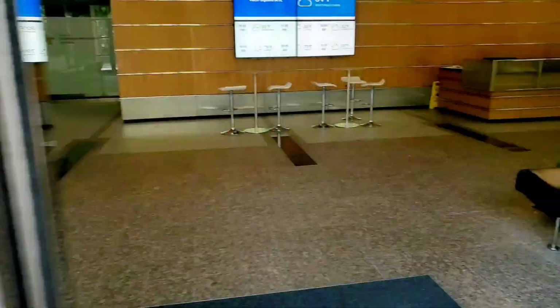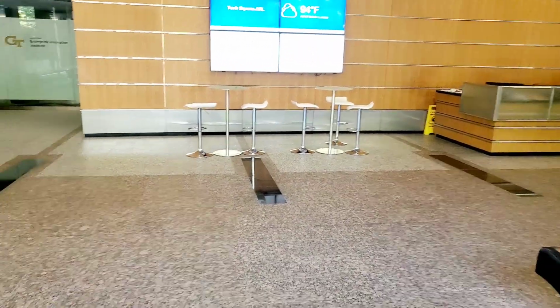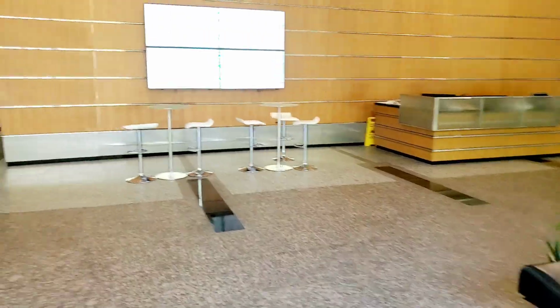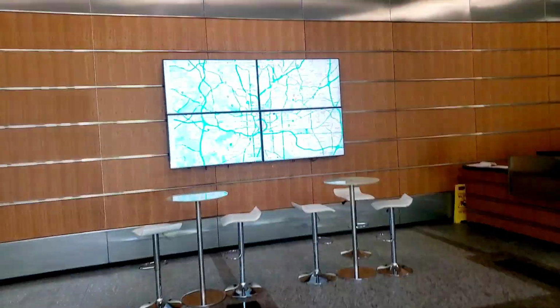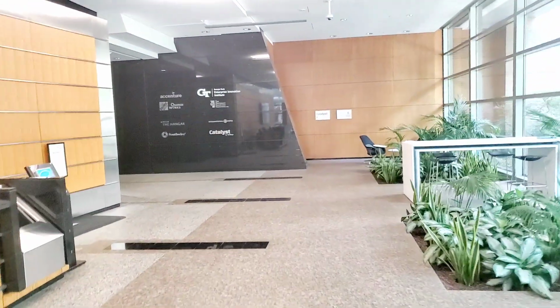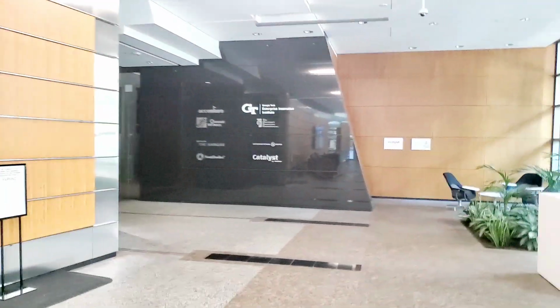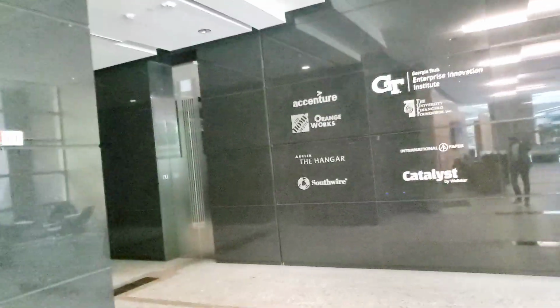So yeah, okay, because today is a Sunday, the door is locked, and we are going inside the building. So this is how the inside looks, right? This is the GT Enterprise Innovation Institute, and here is a nice map of Atlanta. Then we are walking in. This is how it looks. So again, you can see all the big names here, and we are going to go to the second floor first,